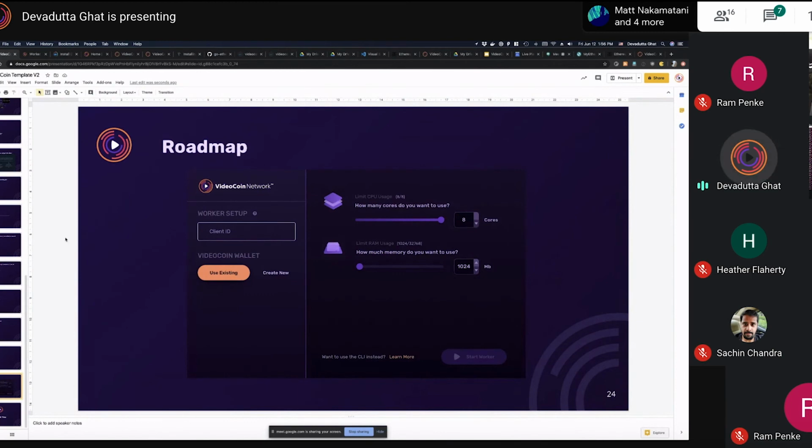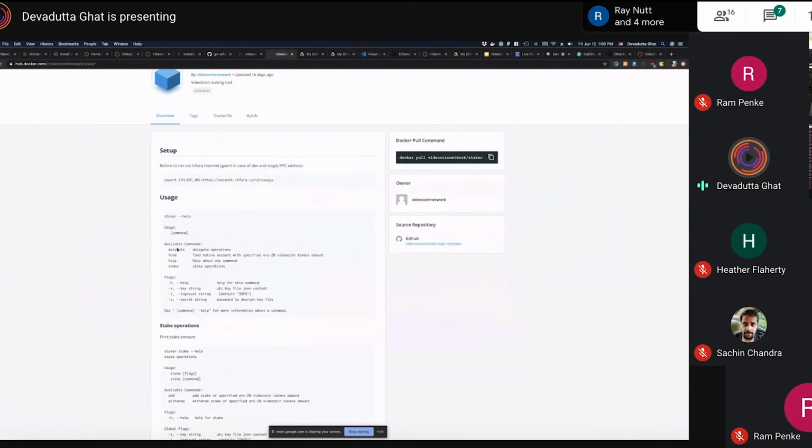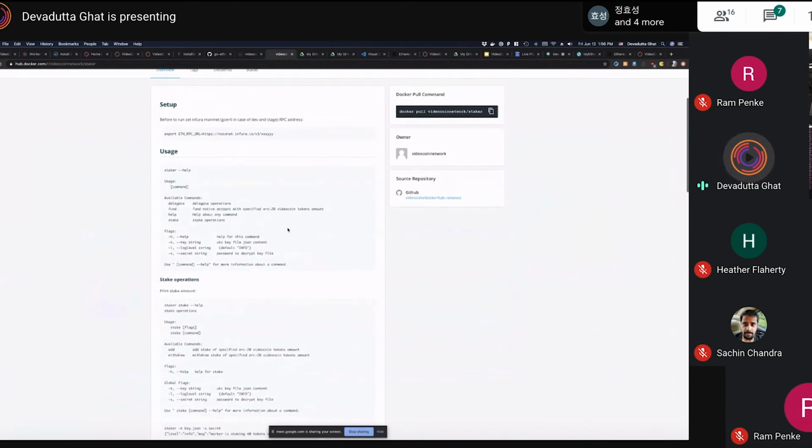As you notice, I did not cover anything about delegation. The whole delegation, the way it's presently implemented, you can do the whole thing through the stake command, right? Just the way Ram showed you probe and stake and fund, you can delegate directly from the stake command. But